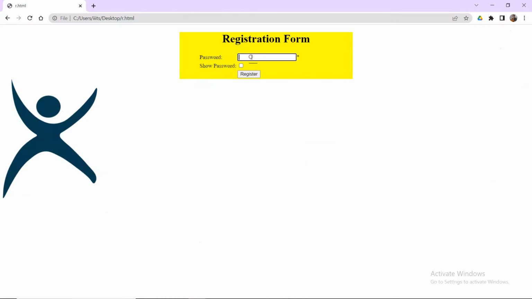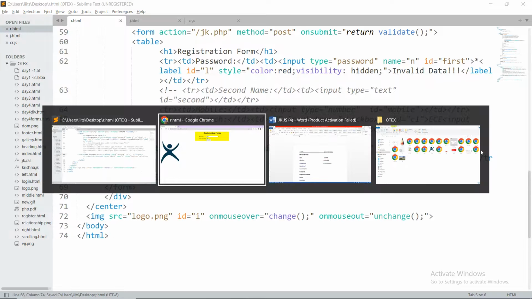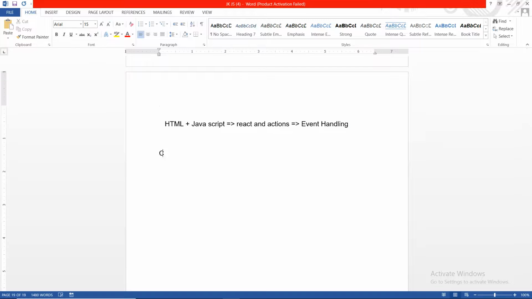I am refreshing. I am trying to enter some value. If I click the checkbox here, it will show only Jaya, but it is not performing the border effects. That is because JavaScript won't support calling the same kind of event on the same element. So what I would like to conclude here is, when you are trying to call the same event again on the same element, it won't work. To overcome this drawback, we are moving to a method called